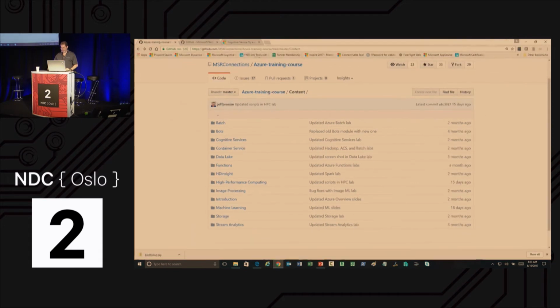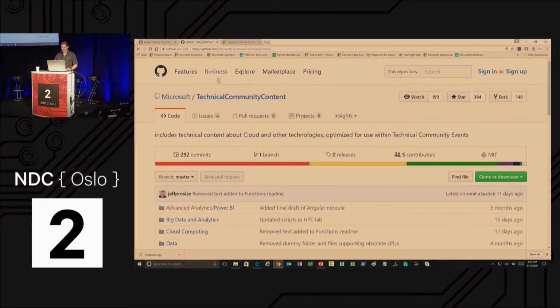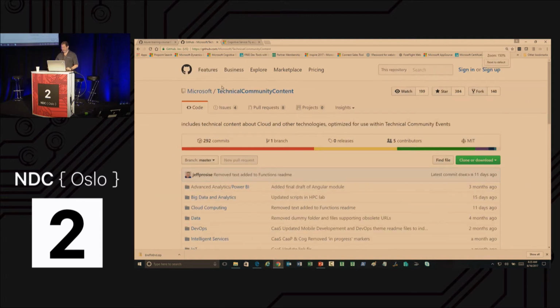So here's a couple of those repos. This is the one for MSR, Microsoft Research. This is one for Microsoft Technical Community. This stuff was actually built for MSR to target data scientists and universities worldwide to get them up on Azure to do workshops, not like a training class, but like jumpstart workshops, go in these universities, talk to these data scientists, to be honest, win the hearts and minds of data science people around the world.